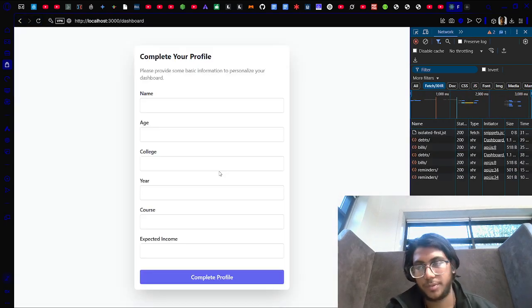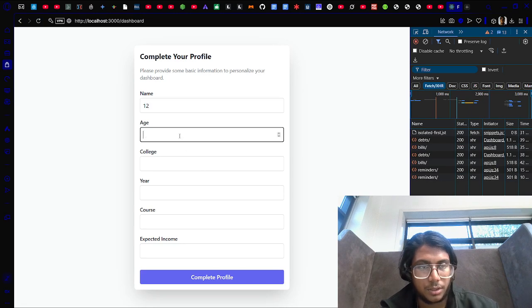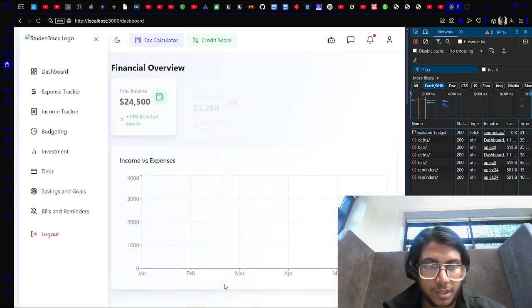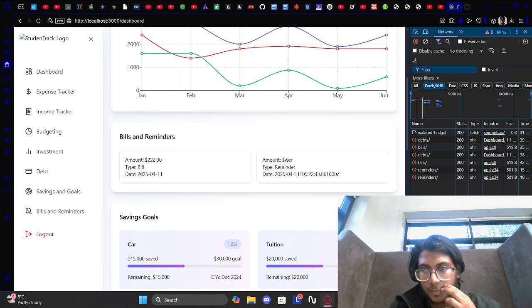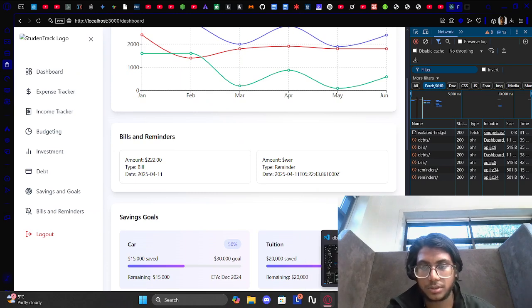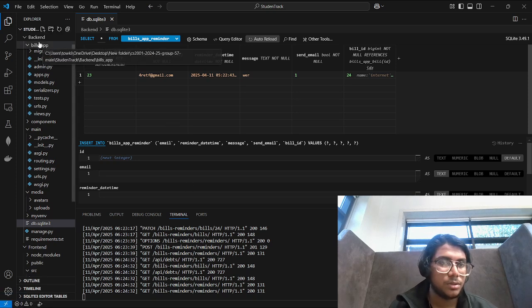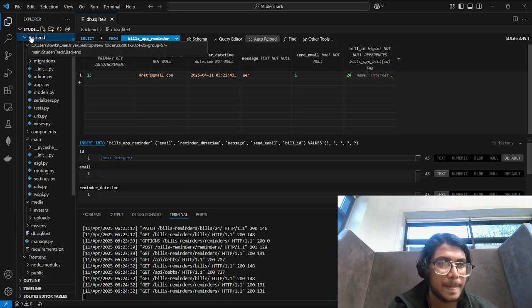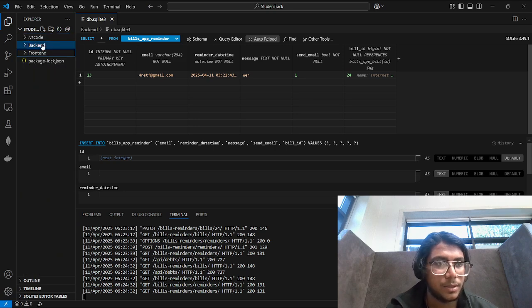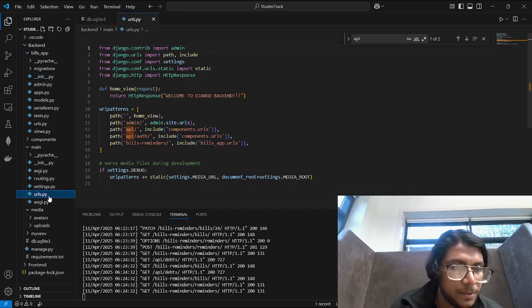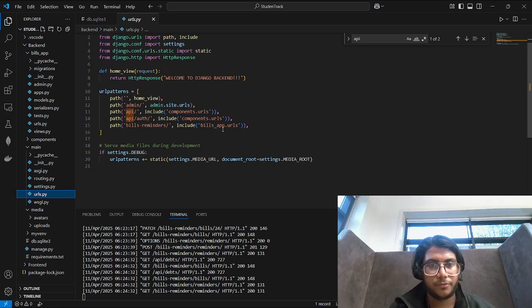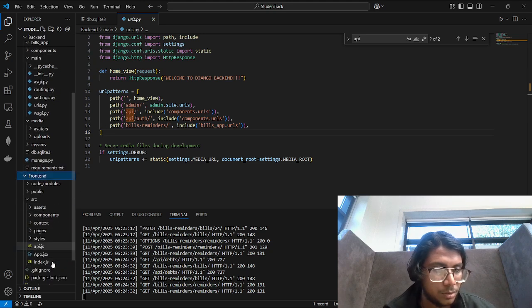This is how the dashboard was made from their part. I'll give a value again, complete profile, and see, here's my value. So it is pulling data. And as for the API, I'll show you this SQLite. For my backend, I'll show you my API. It's built in here in the URL. So you can see my API for bills and reminders app. It's right there. It's my main API for the backend, and for the frontend, I'll go here and click